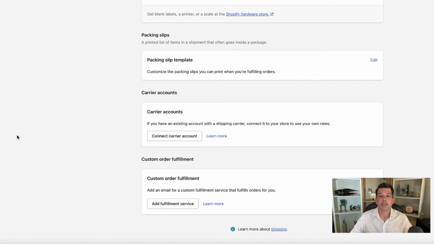Order fulfillment and linking that with somebody who's doing your orders is if you had a warehouse, so maybe it's overseas, if you're in the US, maybe you have a warehouse in Europe, or vice versa. You could even have a warehouse down the street if that's who's handling the fulfillment or the shipping and sending of all of your products and merchandise.